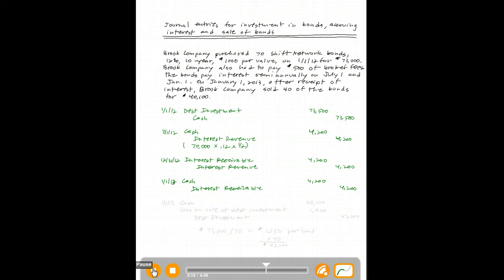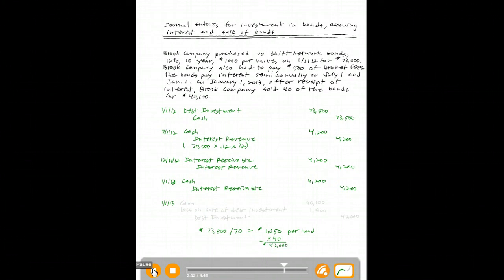Okay, now also on January 1 of 2013, we sell 40 of the bonds. We need to calculate what is the cost of each bond since we're not selling all 70. So we paid $73,500. Divide that by the 70 bonds. So that is $1,050 per bond. We're selling 40 of those, so times it by 40, and the total cost of the bonds that we're selling